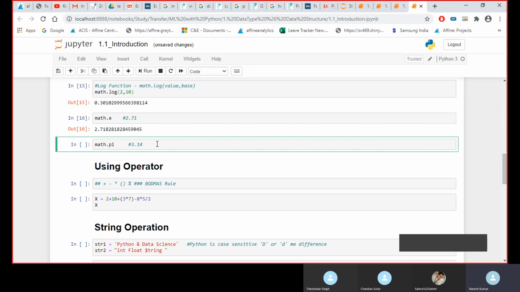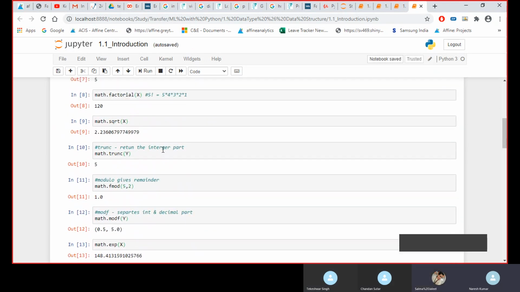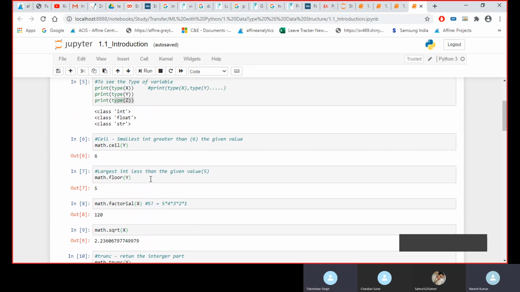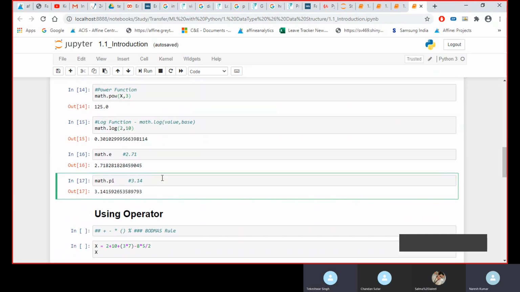In physics you might have used this e value, pi value, 3.14. So these are some of the functions inside math that we usually use from a numerical data point of view.